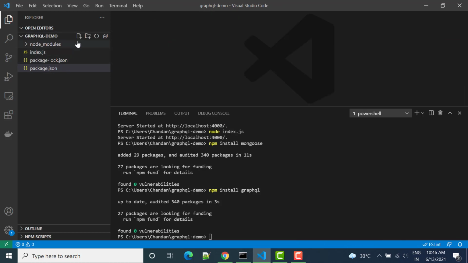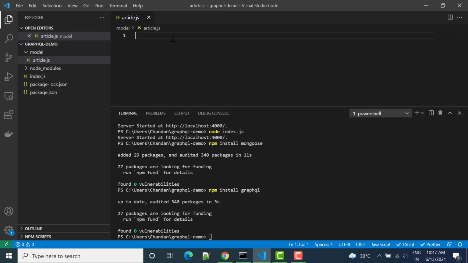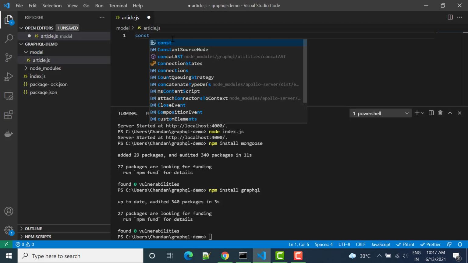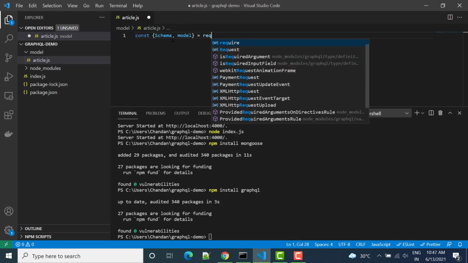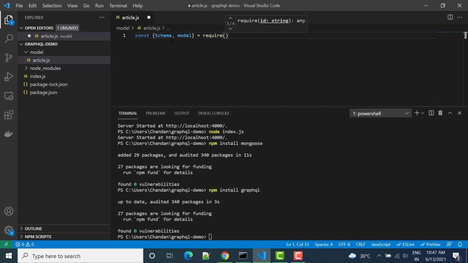So let's create one folder here, and we can write the folder name as model. In this model folder we will create one file, and the file name, let's say I can keep it article.js. So I have created the article file here, and then we'll use Schema and model from require Mongoose.